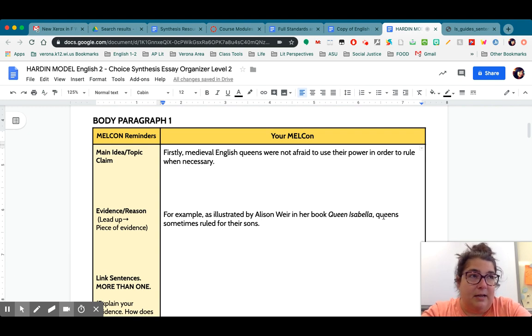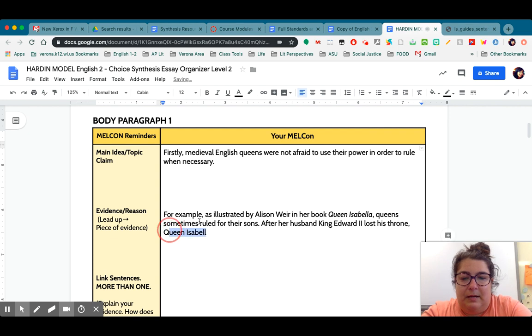Now, I might give a little context, a little bit about the situation. If I remember from my research, this is the point where, after her husband, King Edward II, lost his throne, make sure I spelled it right, Queen Isabella,